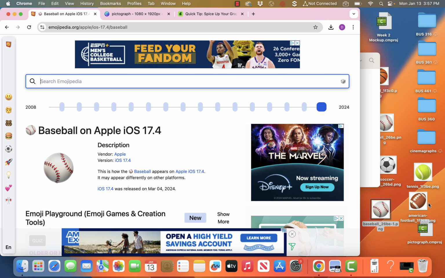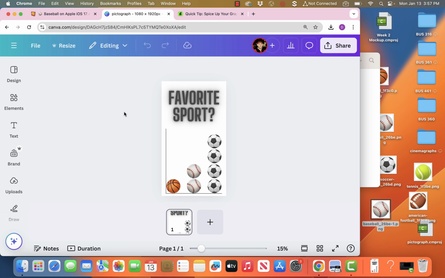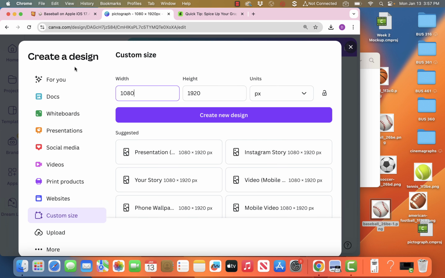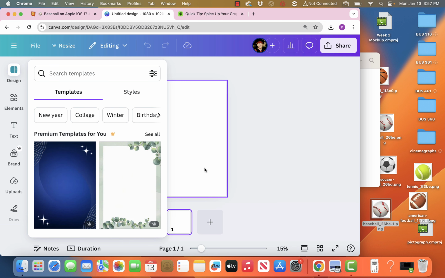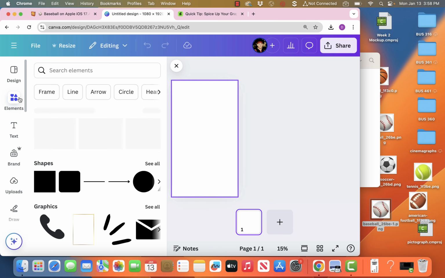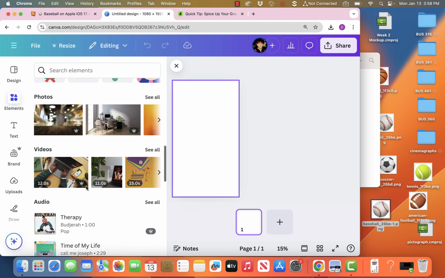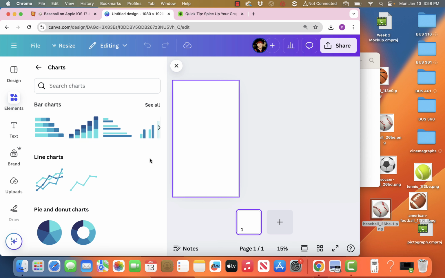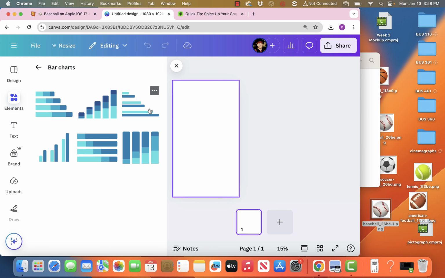Okay, so get a few emoji. You know, I got tennis ball, football, basketball, baseball. So I'm going to get going inside of Canva with a new 1080 by 1920 document. So let me go to the home page, new design. I'm already 1080 by 1920. Create design. So like half of the design will be a bar chart and half will be text type. So elements, and then scroll down to charts, and in charts I'm using the bar chart with this fourth one over,